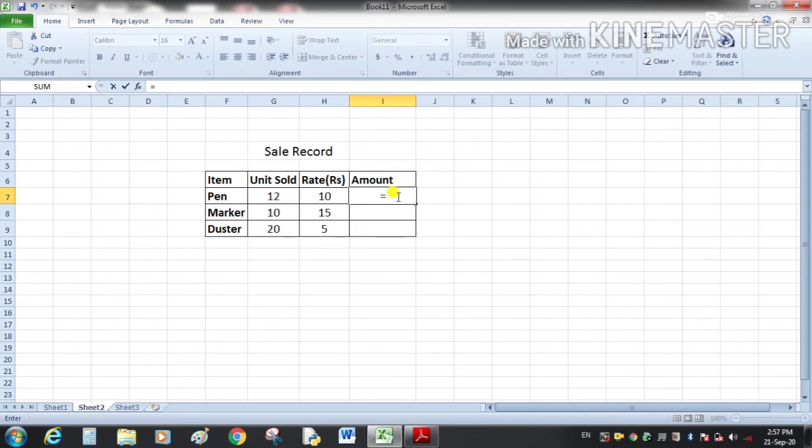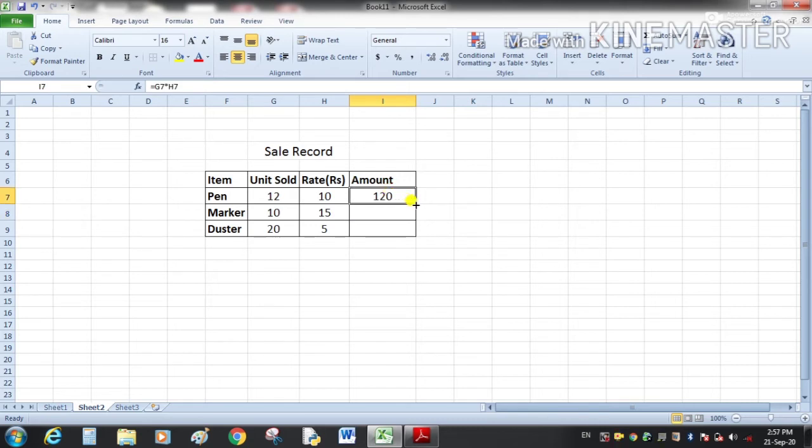Now instead of writing the address of the cell, we will just select the cell and the address of the cell will be automatically there, and then star, and we are going to multiply this G7 with H7. So I will select this cell and press Enter. So here you can see 12 into 10 is equal to 120.